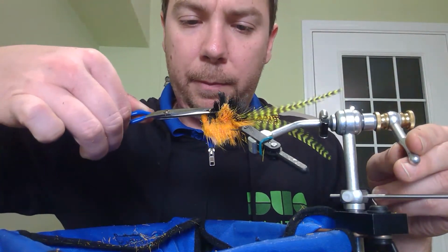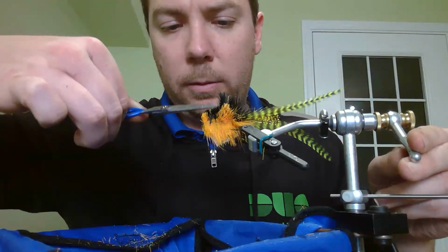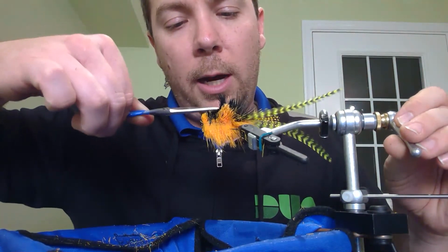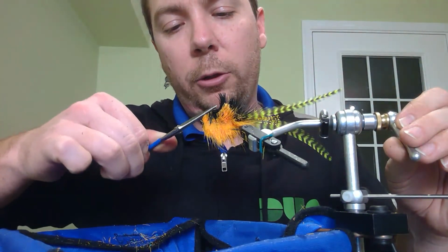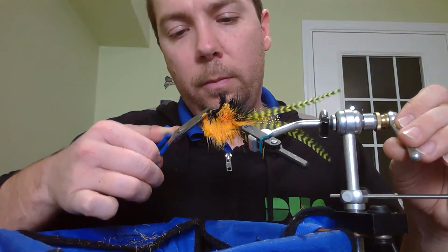multiple times until you get back to where this top collar is. So I'm cutting back to that point. And you just keep cutting in small sections, and you can make a curved surface with a straight pair of scissors. So I'm just going to keep